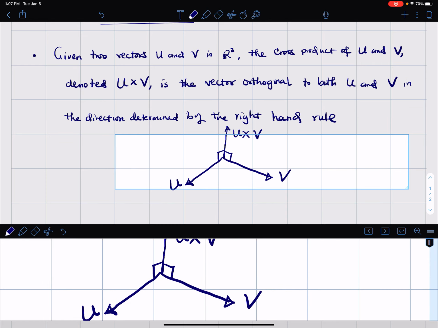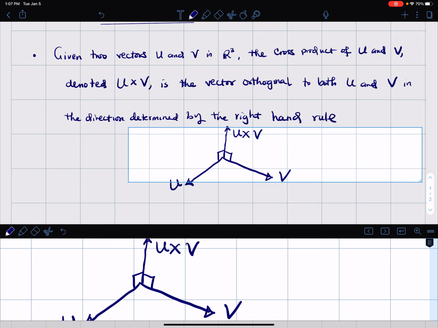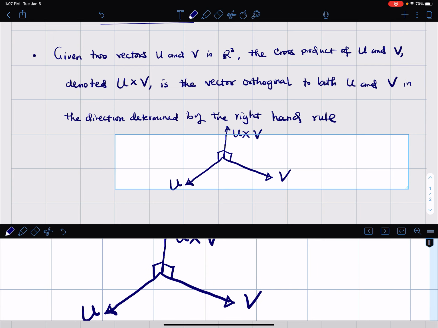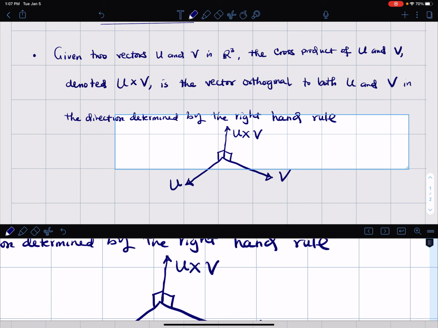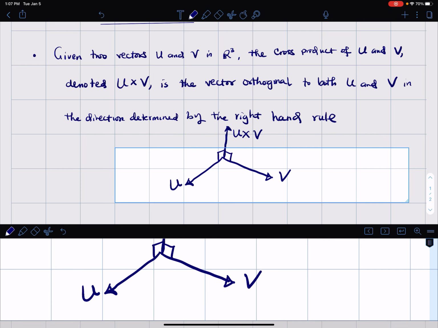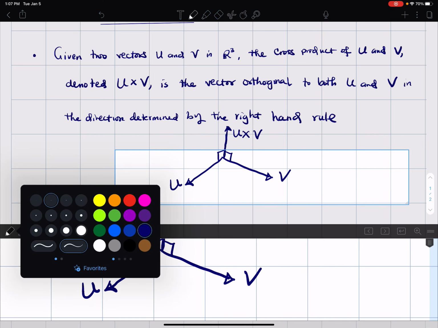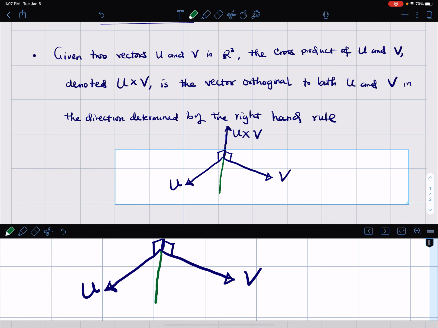Remember, we're going by the right-hand rule. So we talked about the right-hand rule. If we go by the right-hand rule, then the vector right here on the positive z-axis is u cross v. So that means that the vector coming down here, also orthogonal to both of them,